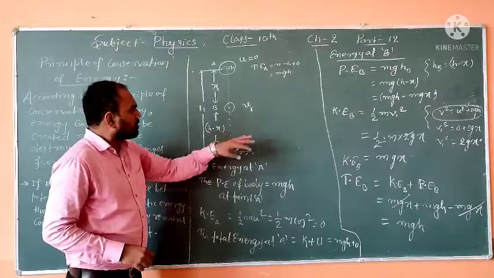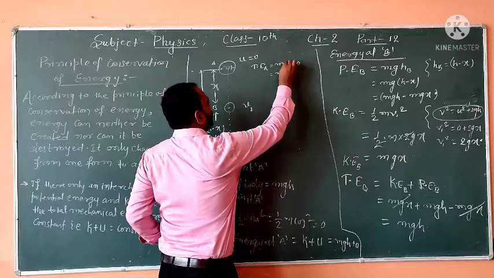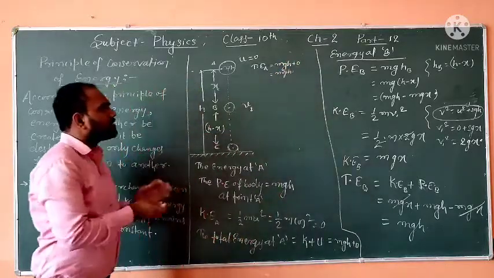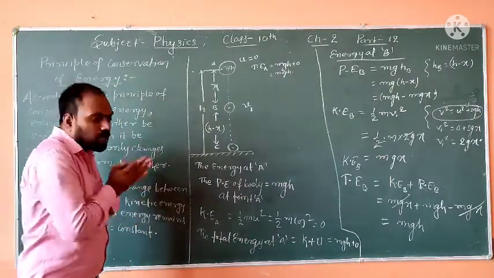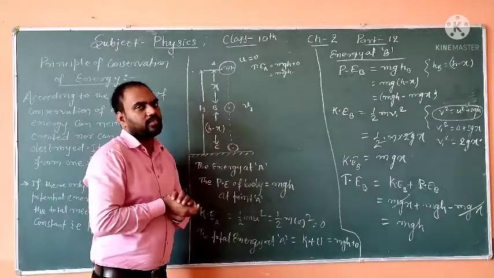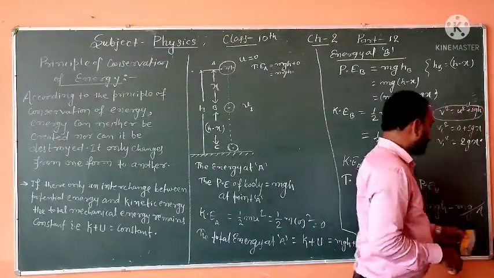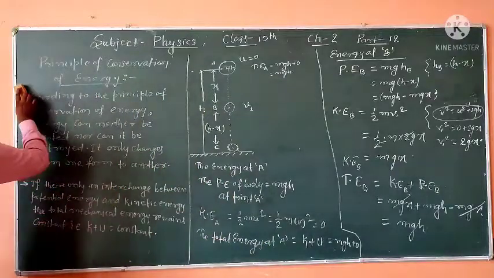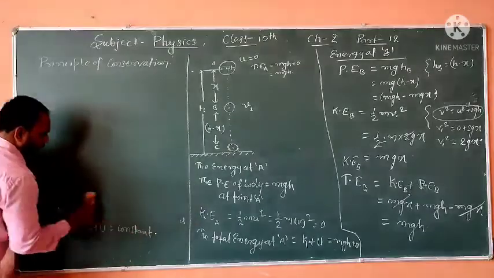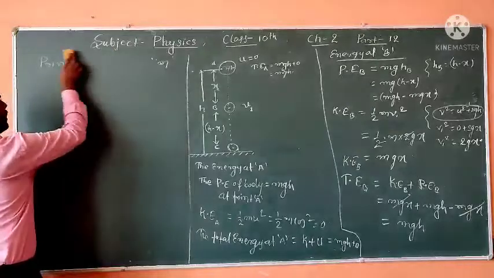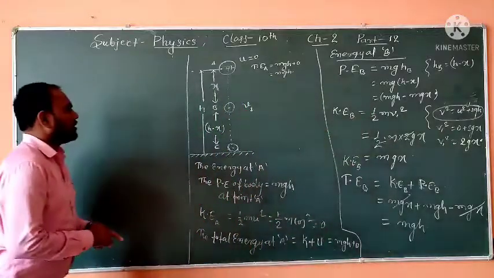So there is only what? Conversion. There is only conversion over here. Some energy has changed from potential energy to kinetic energy, though the sum total of potential energy and kinetic energy is the same here. Let us take another example, that is potential energy at C. So I tell you that the whole sum is always constant everywhere. Okay? So now come to the point.